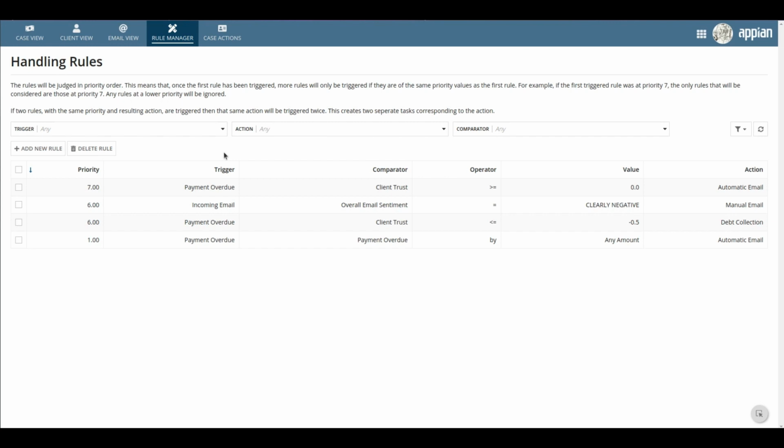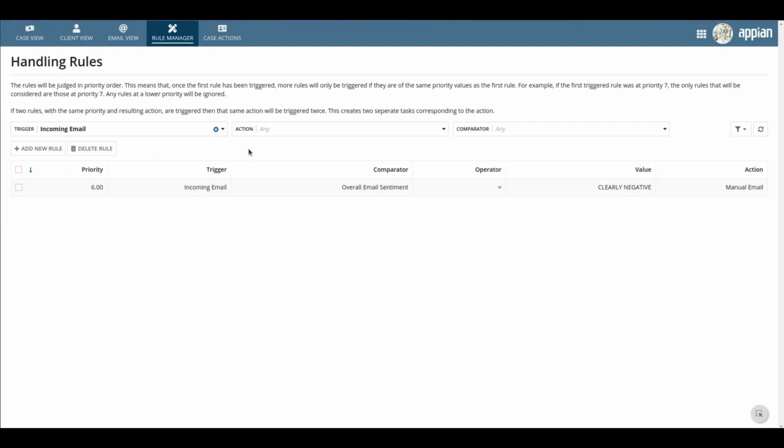Only the incoming email rules need to be considered. This is one of the two triggers: you have incoming emails and overdue payments. So when an incoming email is brought in, the rules system is consulted, and only the rules that have incoming email will be looked at in priority order, starting from 10 down to 1. So this is 6, it's the only rule there, but if there were more, then they would be in order